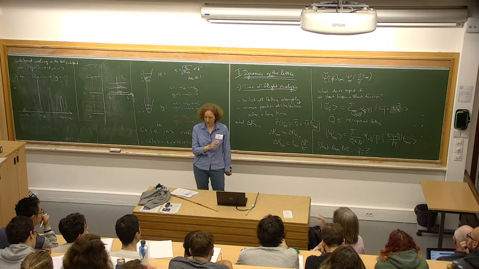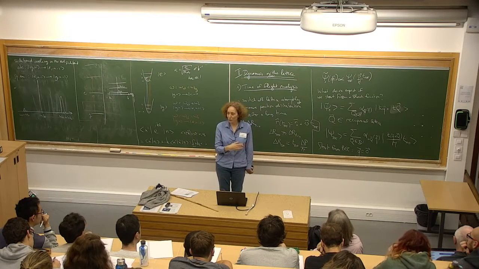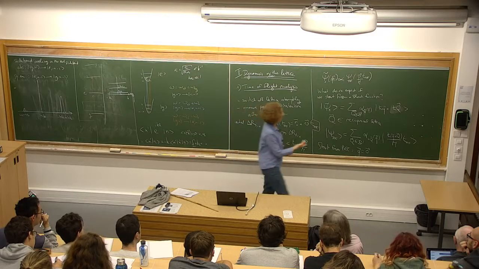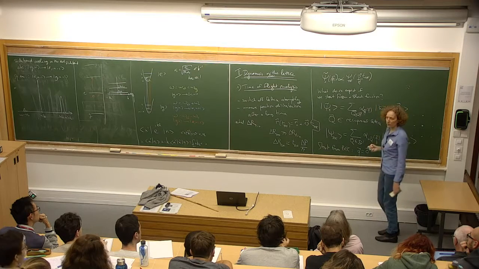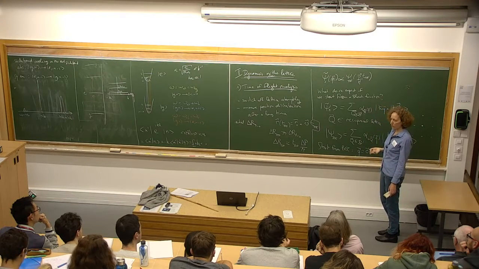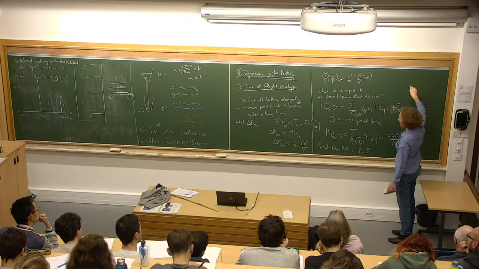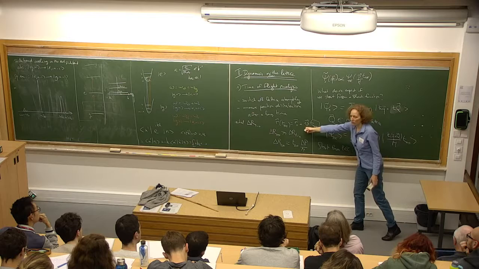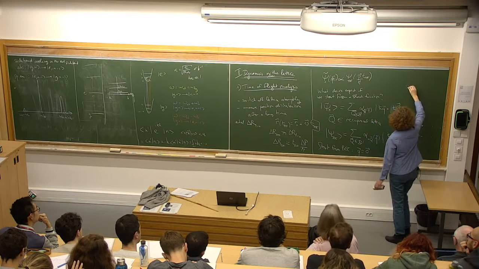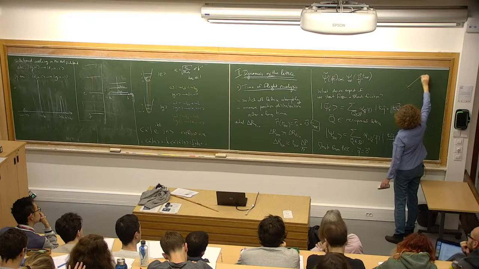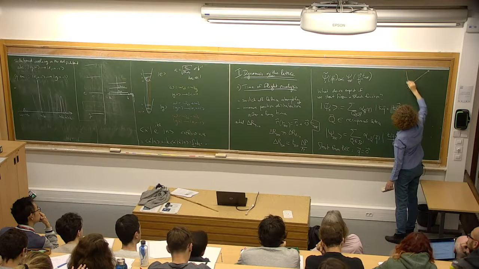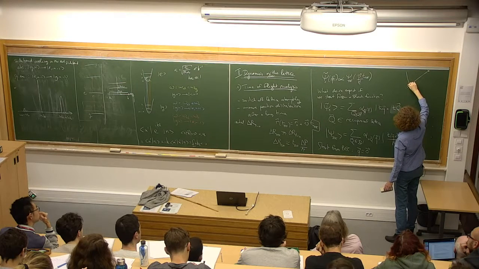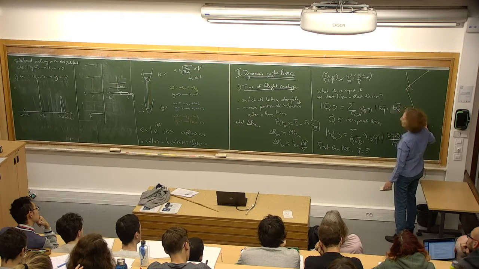So this is in fact what Philippe explained yesterday, so I didn't want to do it again. If you have an initial position distribution with also a momentum distribution independent from the position distribution, each single atom will have this kind of trajectory. This one, for example, had a velocity like that, so after a long time, it will be there. And this one had a very small velocity, so after a long time, it will be there. And this one had a large velocity like that, so after a long time, it will be there.